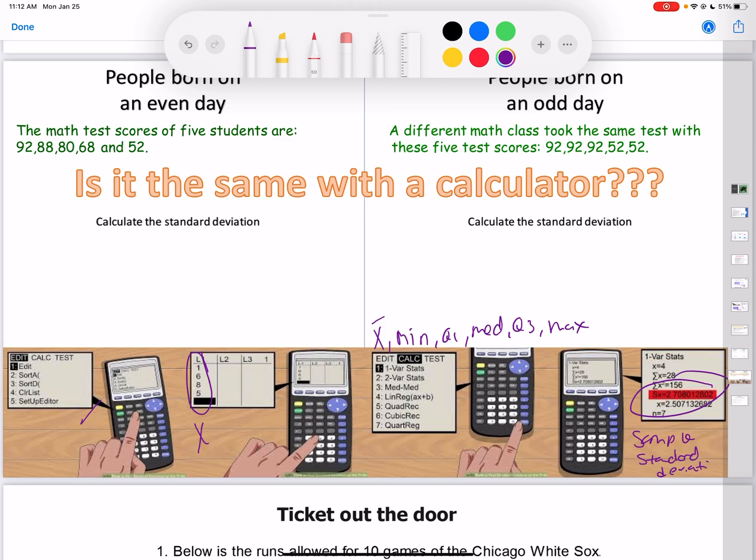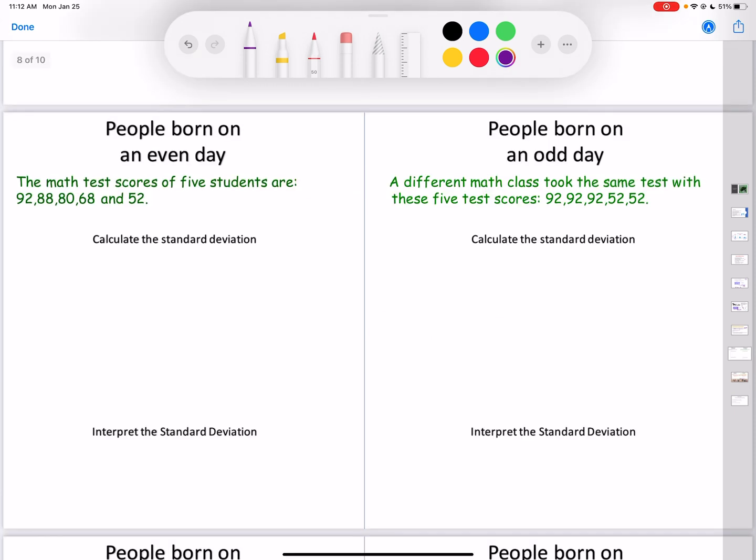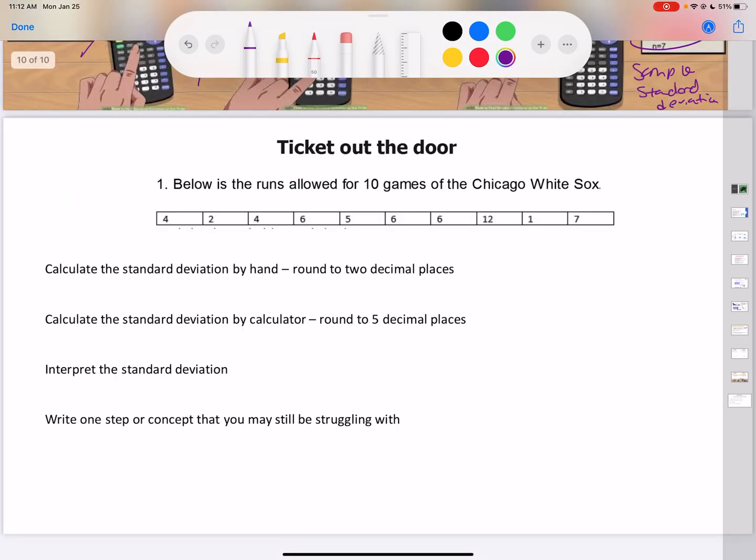So try the 2 examples up here by hand, and then try to complete this ticket out the door. Send it to your teacher so you can get some feedback to see if you're using the right wording for your interpreting, to see if you're calculating your standard